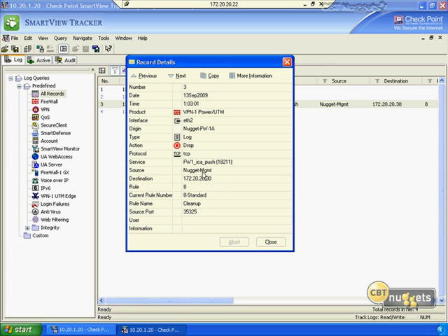Our source was our Nugget management server trying to talk to Nugget Firewall B over its external IP on the ICA push protocol, which is 18.2.11 TCP, and it got dropped because that's not defined in our current security rule base. So let's define that and see if we can get SIC set up with this particular firewall, and then